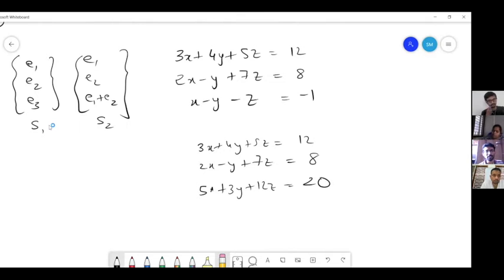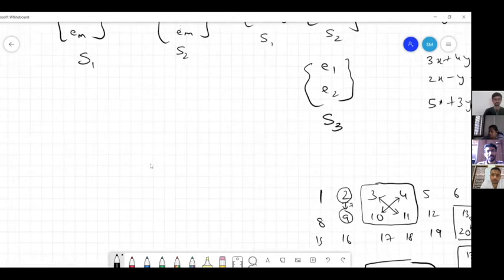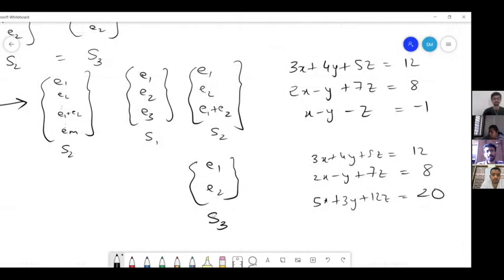Okay, so now one way to see this is, let us just consider another system, E1 and E2, and let us call the solution space of this system S3. Now, what can you say about S3 and S2? It's the same, right? So now, basically, comparing S1 and S2 is the same as comparing S1 and S3. And clearly, in S1, you have an extra constraint. Again, we cannot say for sure that S1 is not equal to S3, but it need not be. That is one thing which we can say.